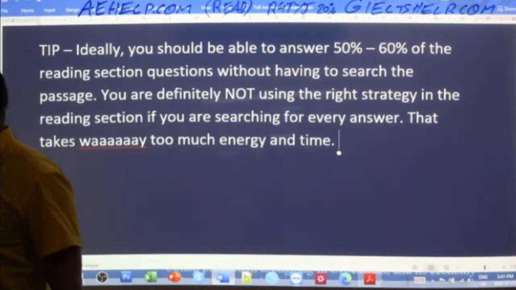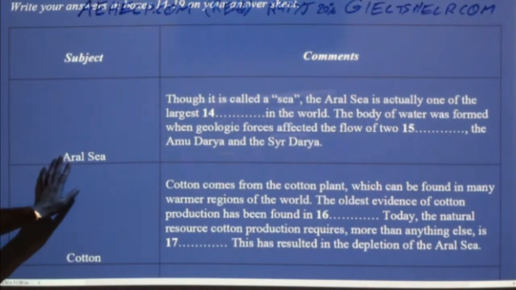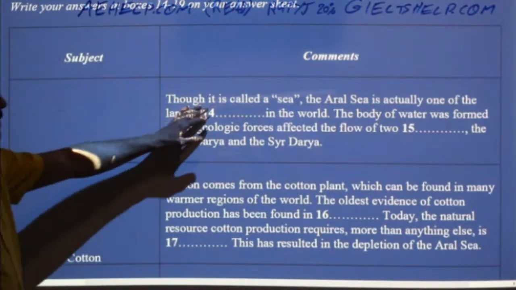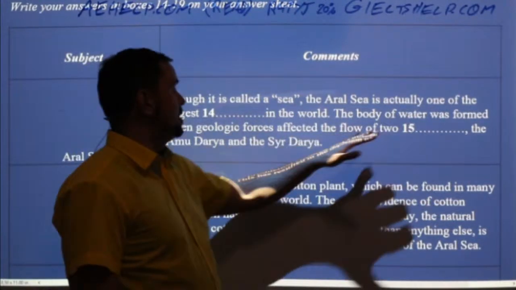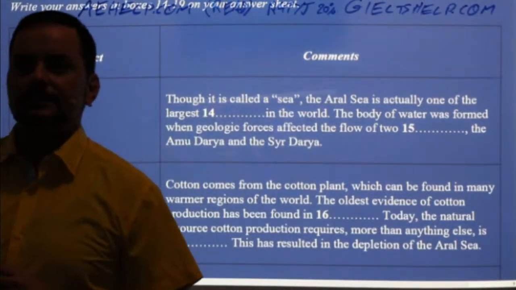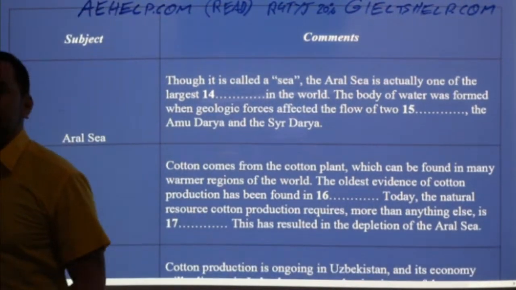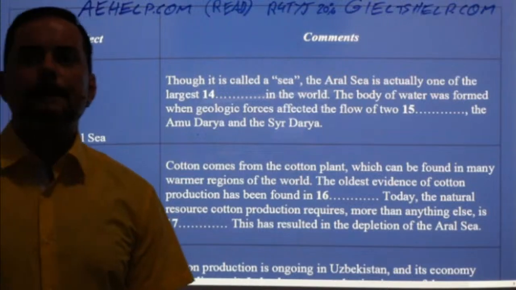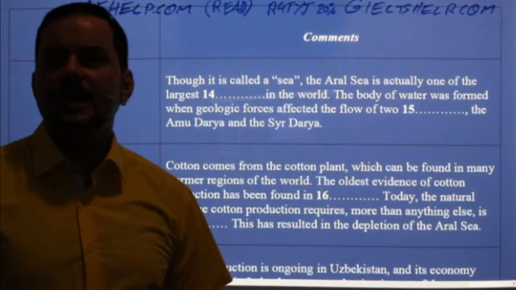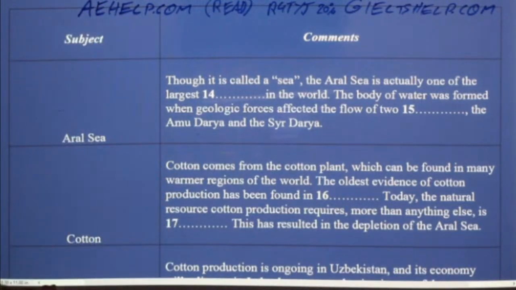Okay, so here we go. So the subject is the RLC. We know that that's in the beginning. Okay, so this follows with the logical pattern of the reading. Though it's called a C, the RLC is actually one of the largest something in the world. So what's the answer for number 14? Okay, you should be able to, again, answer some of these. Yeah. Okay, so Mustafa says lakes. Bhumi says lake. Rajveer says lakes. Nick Ham says lakes. Yeah, the correct answer here is lakes.